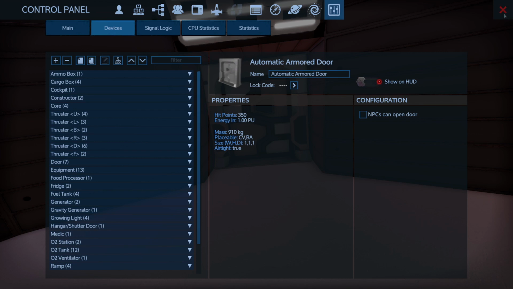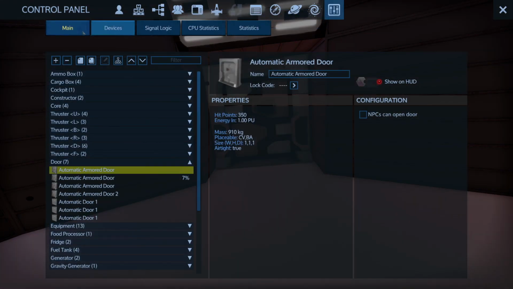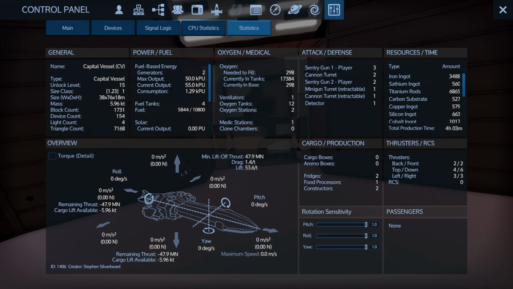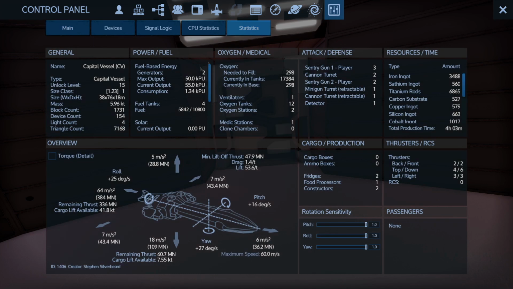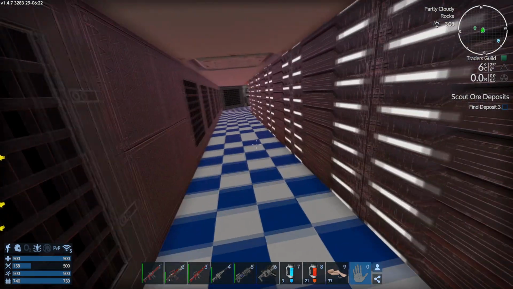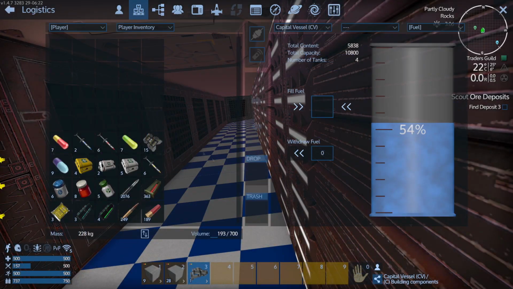But if we turn the thrusters on... What am I doing? We turn the thrusters off and turn the thrusters back on again. And then we look at the stats. You can't see the stats without the thrusters being on. See, we've got a lot more forward shove now. Of course, it's going to burn up a lot more power as well. So we're going to have to... I think I can drop the